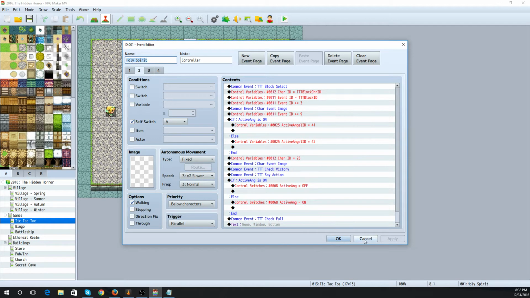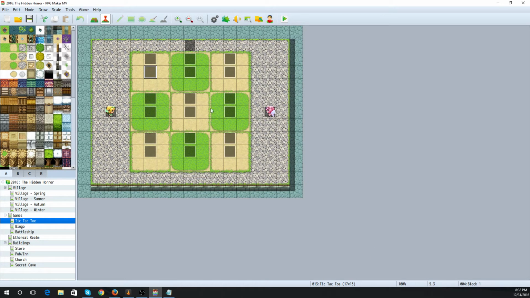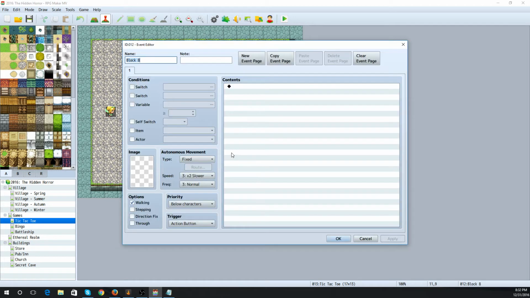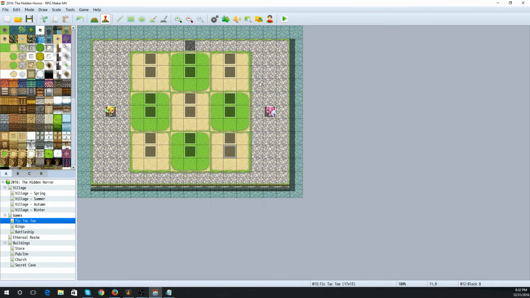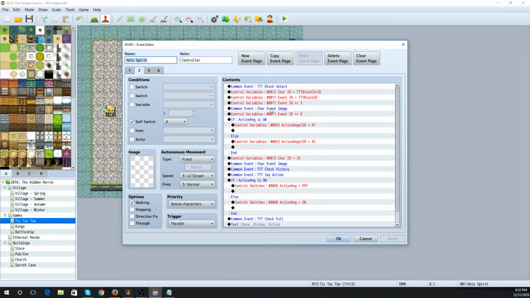The reason for that is block 1 is ID 4. And this actually is a pattern that continues for all of the block events. So block 9 is actually ID 12. So that's why we increment it by 3. Then we call the event image updater, which takes the character for that block and sticks it on that block. Then we update our event ID by 9